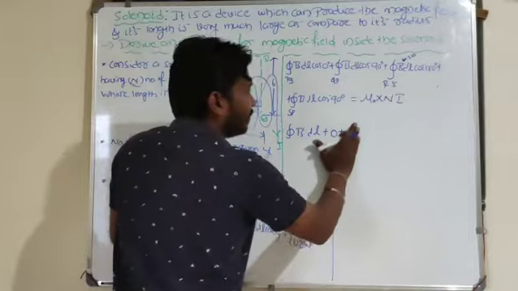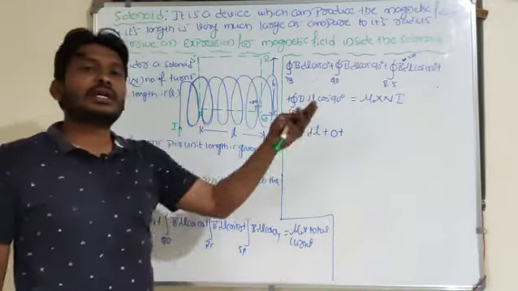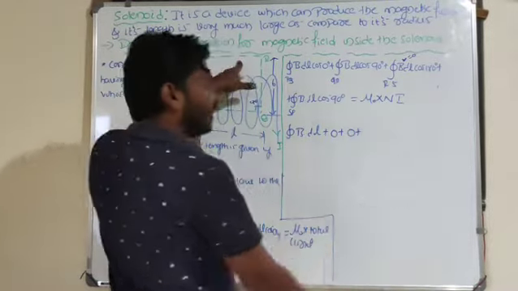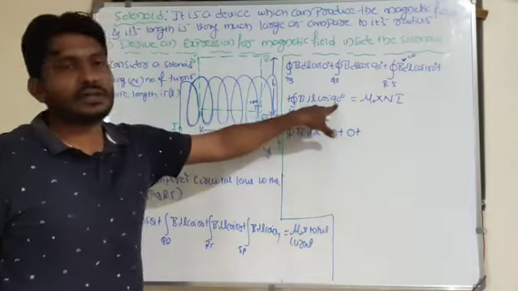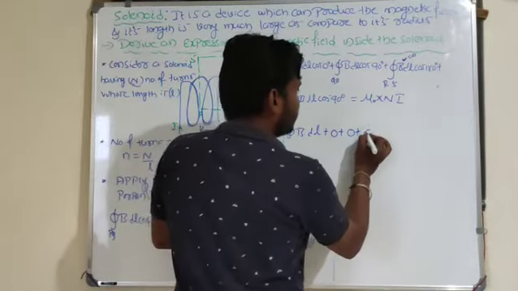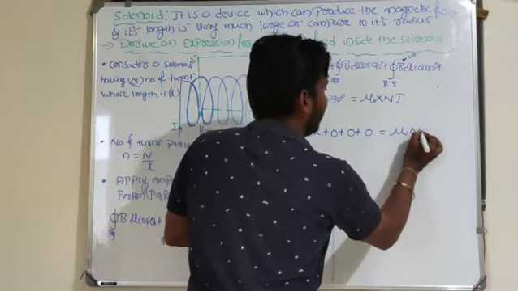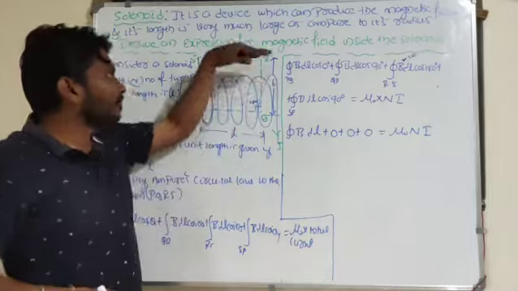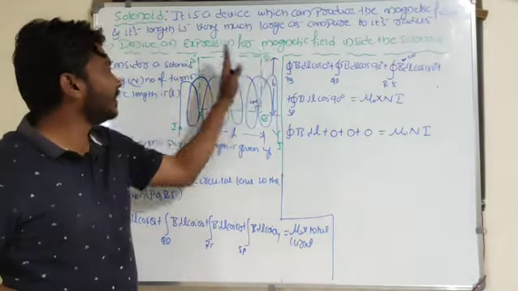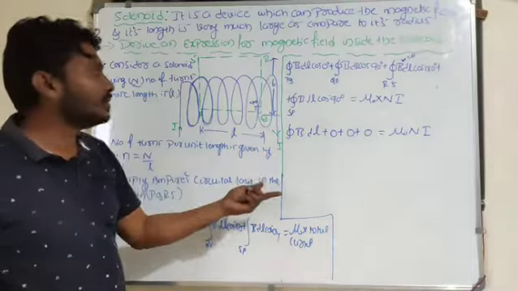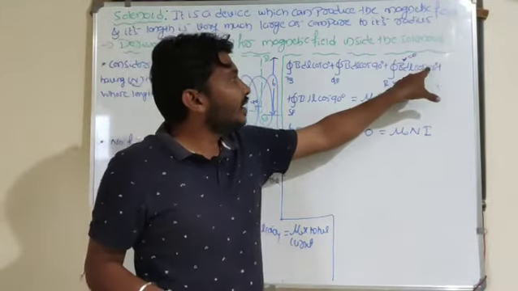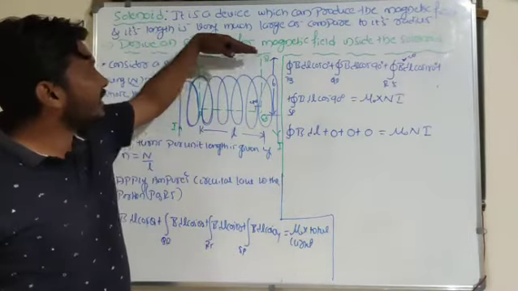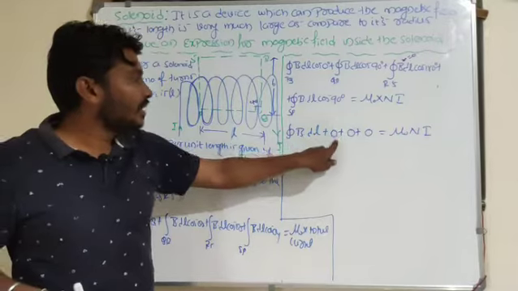In the third portion R to S, the portion RS is outside the coil, so outside the coil there is no magnetic field. That one I can take as 0 here. Next, again cos 90 is there, and cos 90 is also 0. I will get magnetic field only inside the coil. Outside the coil magnetic field is 0. Here 90 degree, here 90 degree. Cos 90 is anyhow 0. Here B into dL cos 180 is there. Cos 180 is minus 1, but magnetic field outside the coil is 0 here. So that's what you will get, 0 in these cases.